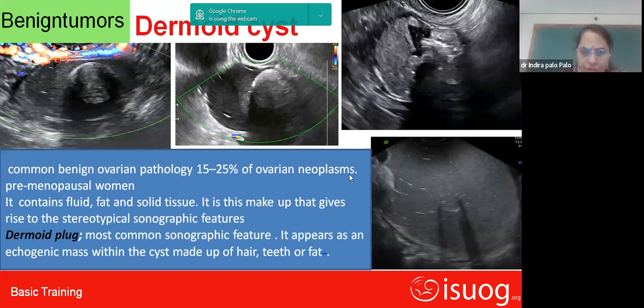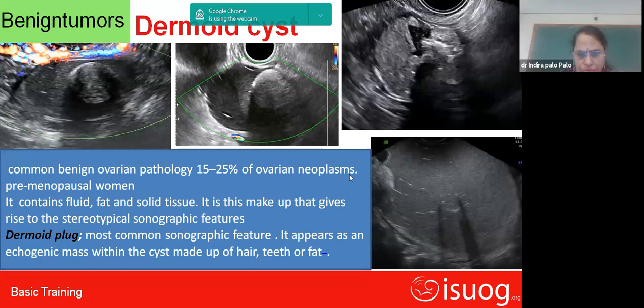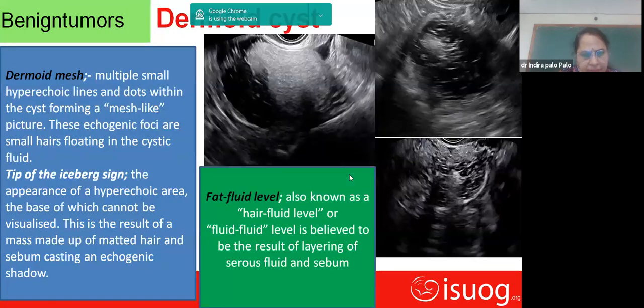It contains fluid, fat, and solid tissue. This gives a typical stereotypical sonography picture, and the dermoid plug, which contains hair, teeth or fat, causes acoustic shadowing, with the matted hair and the sebum casting an echogenic shadow, and that is typical of a dermoid cyst. Another thing you can find in a dermoid cyst is the fat-fluid level,